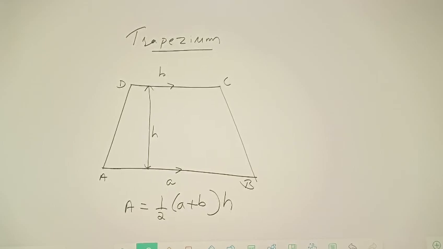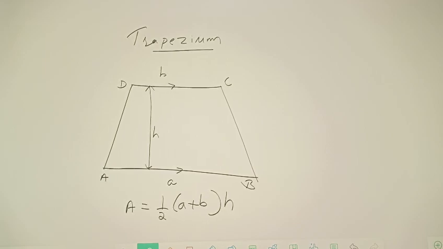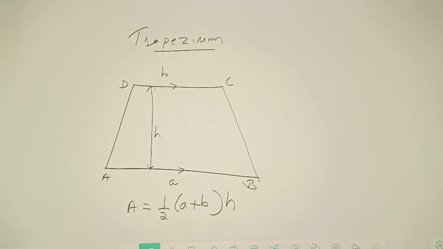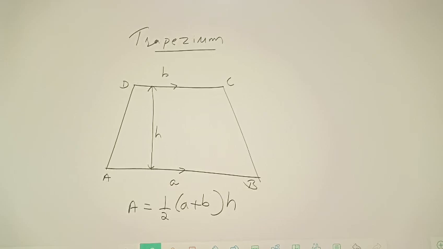Sometimes H may not be given in the question, and then you have to find it by applying Pythagoras. We can draw a perpendicular from D to AB or from C to AB and so on. You need to find the height if not given. At the same time, if angle A is given as 90 degrees, then AD can be taken as height. If angle B or angle C is given as 90 degrees, then BC can be taken as height. If not given as 90 degrees, then by constructing perpendiculars, you have to find height using Pythagoras theorem. So just pause for a moment, draw the figure and write its formula.